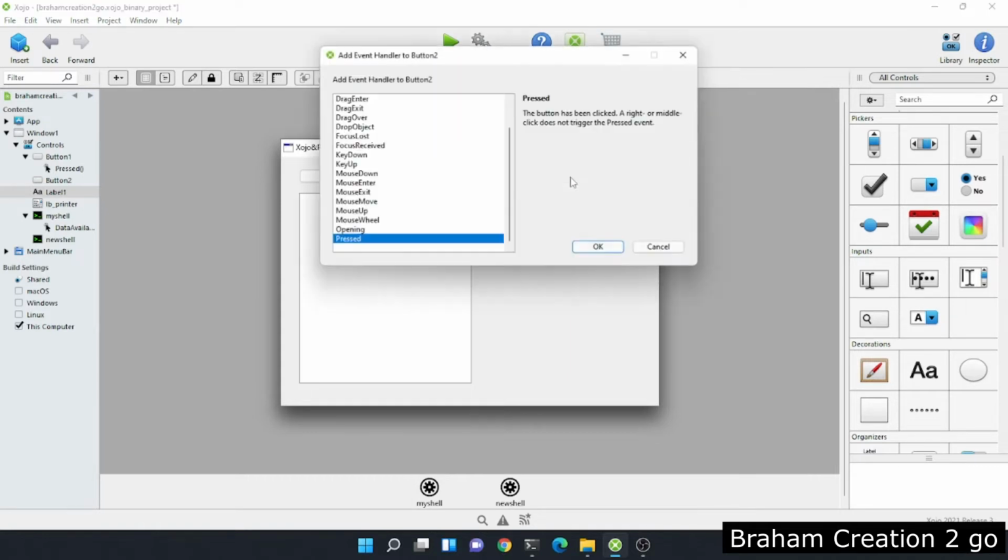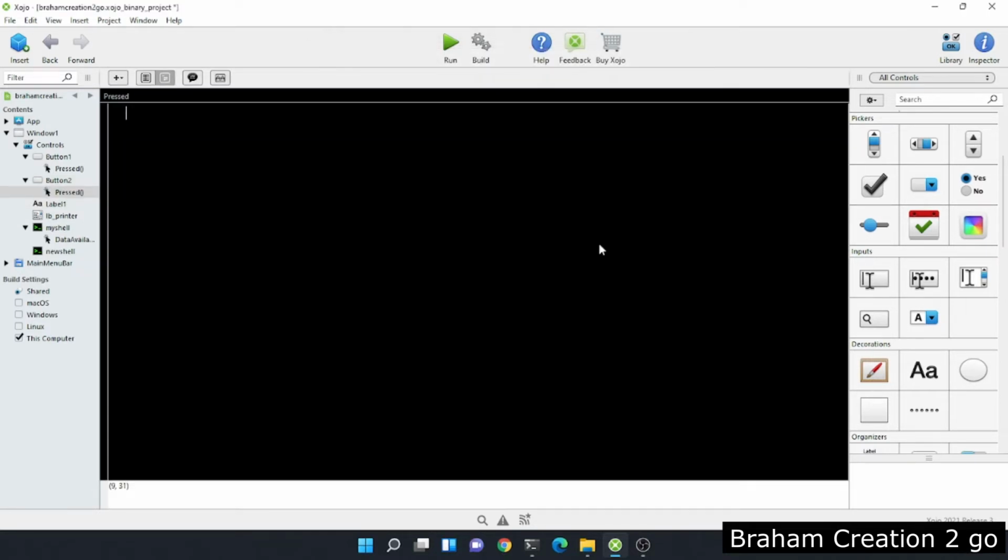Okay, now what should happen if we press this button? First, I need to check if the user chose a printer from the list box. So if LB printer selected row count is equal to 0, then message box: select a printer. If he does,